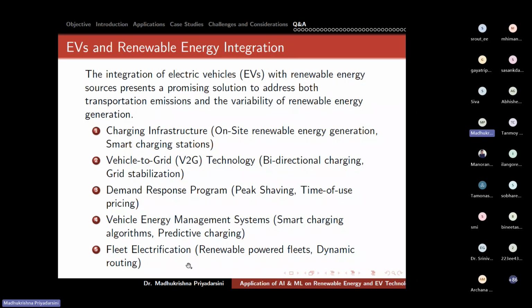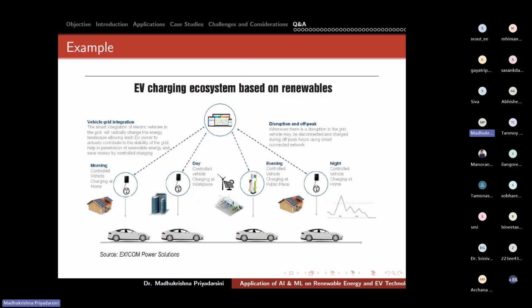Fleet electrification. So for the fleet management, we have seen how they are going to manage sitting inside their own company. So that is your dynamic routing planning, renewable power fleets. So all these things are the areas where EV and renewable energy can be integrated with the help of AI. So this is one example of how the EV charging ecosystem is based on the renewables. So see, in the morning they can use